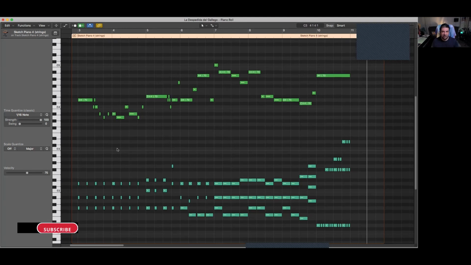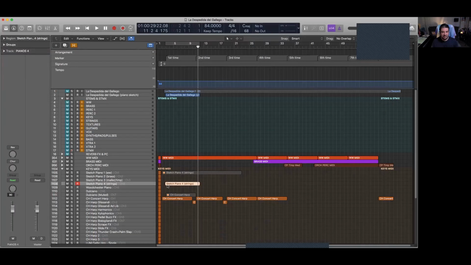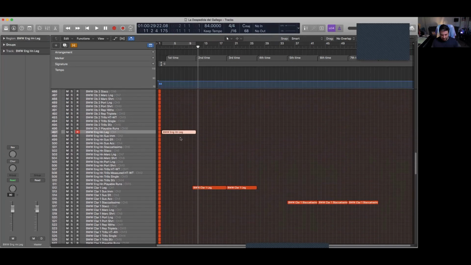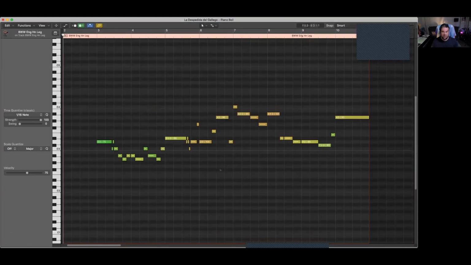So this is how I start. I start with a piano sketch, and then I think, all right, well, what instrument would give this Spanish flavor in the beginning? And I thought to myself, well, let's see. Let's try putting this in, for instance, the English horn. So that was my first thought when I did this. And as you can see here, the piece starts with the English horn as the theme.